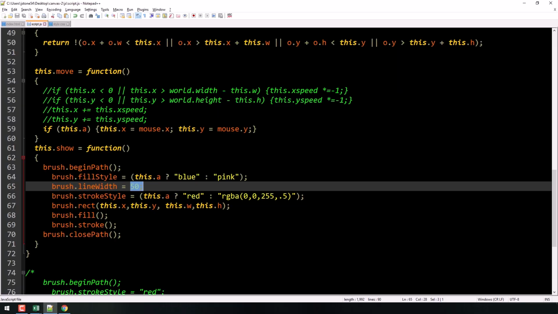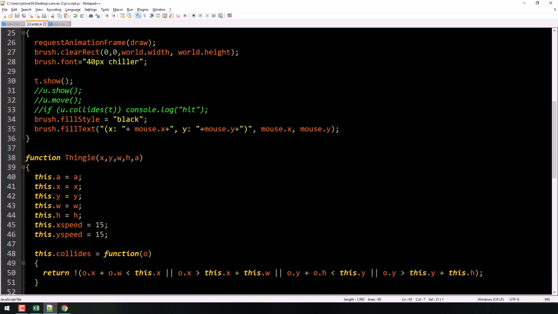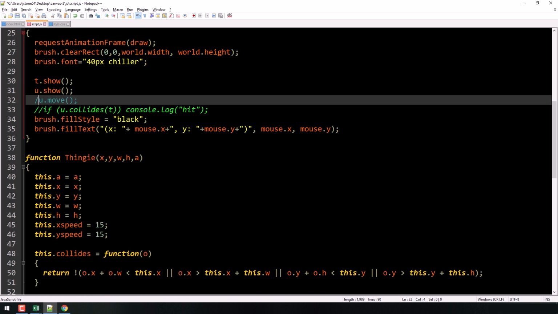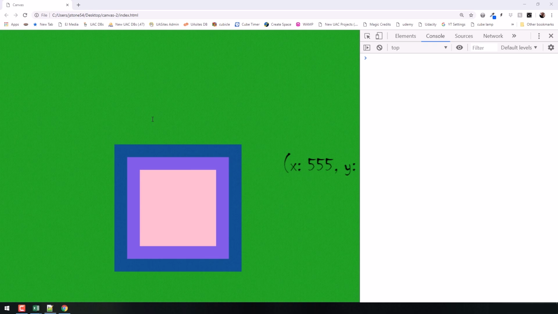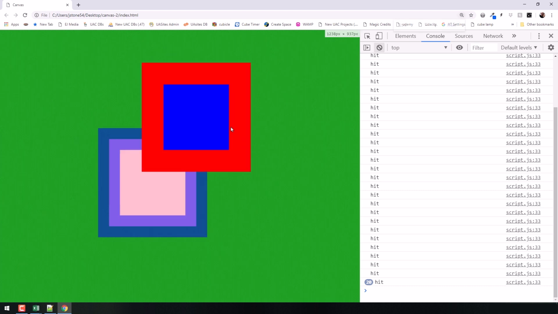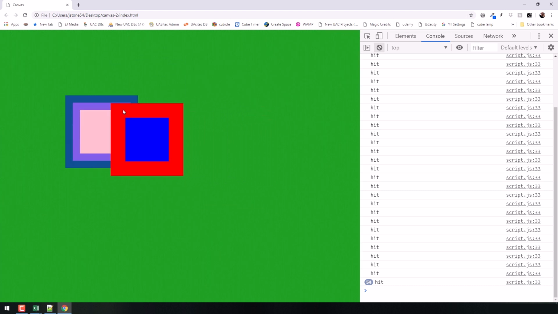So if we're going to do collision detection when you have a border, you have to take into consideration the width of the line, all right? That was my whole point in that. So let's go back to showing everything the way we had it. Get rid of that. I think that's everything. Let's just see if we're back to where we started here with our collision detection. Yeah, looks like we're okay.